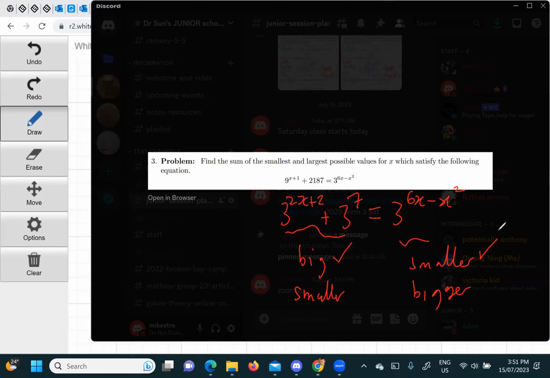So x equals 2, you get 8, 3 to the 8. And 3 to the 8 is bigger than 3 to the 7 plus 3 to the 6. Because 3 to the 8 is 3 times 3 to the 7, and there it's not even 3 to the 7s. So if you do x equals 0, this is bigger, and if you do x equals 2, this is smaller. So that means by the intermediate value theorem,